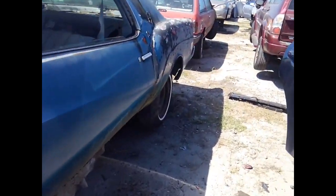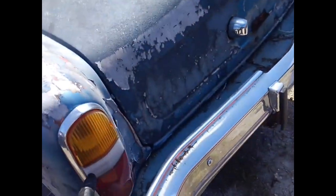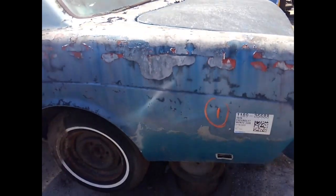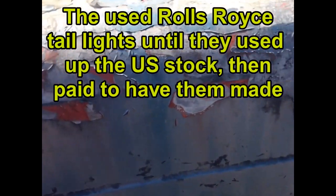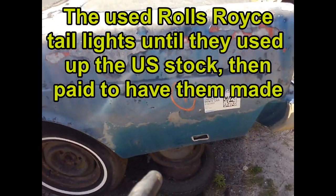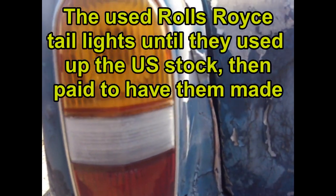And since this does have Lucas taillights, I'm thinking that these quarter panels are probably Rolls-Royce. Fiberglass. Oh, them are fiberglass too. I thought they might be metal. So just these taillights are probably Rolls-Royce. It says Lucas